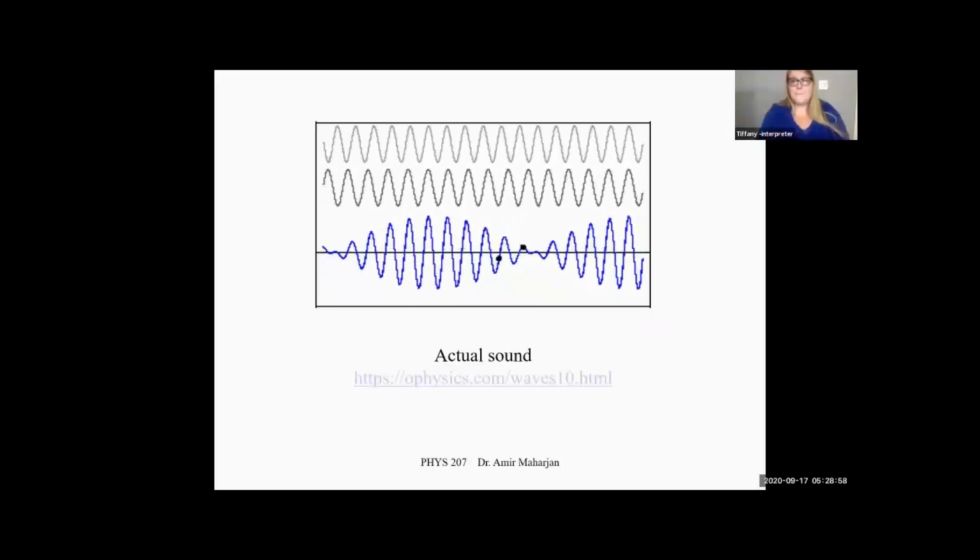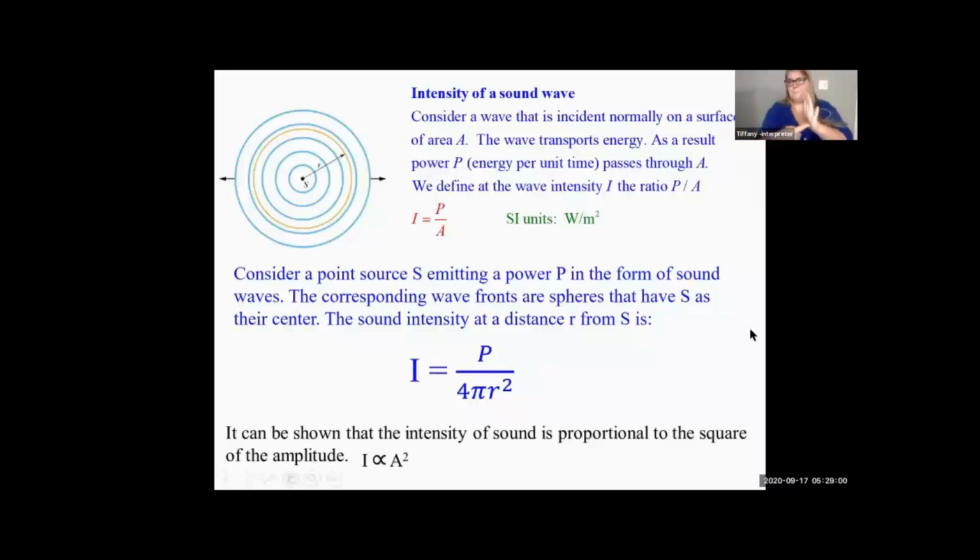And this is the animation for the same thing. Okay, next is intensity of sound, and how we measure it in real life. Just like intensity of light, intensity of sound is defined as power flow per unit surface area. If you have a speaker or source of sound, at some distance R, how do you measure the intensity of sound? By definition, sound intensity is defined as the power of the source, let's say this source is a speaker, let's say 10 watt, 100 watt, whatever.